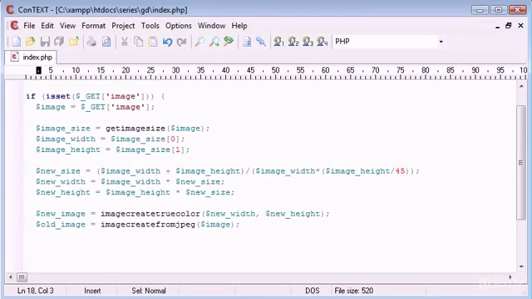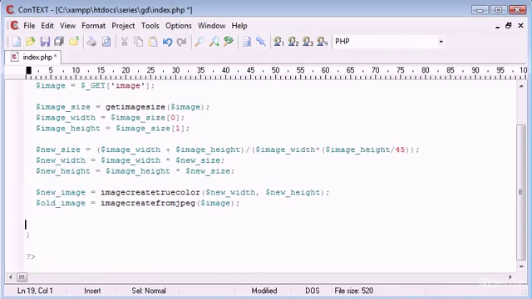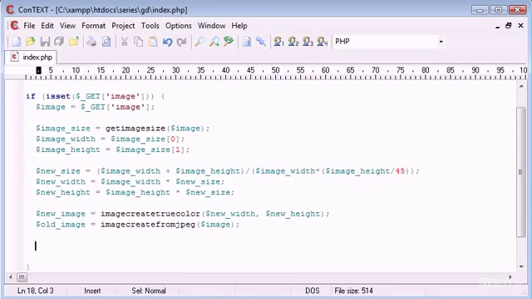So now what we can do is use a function called image copy resized, and what this is going to do is resize our image down with very specific parameters. This function, like most GD library functions, takes a lot of parameters. So let's go through and I'll explain each one as carefully as I can. So the function is image copy resized. Okay, and this function takes 10 parameters,